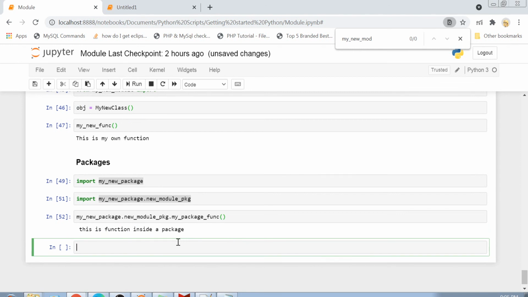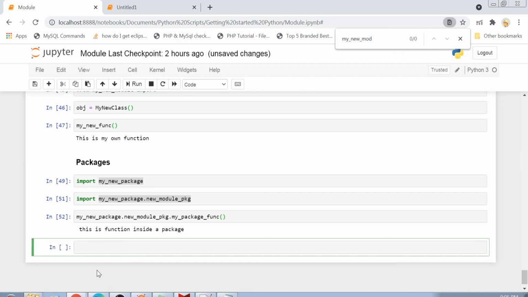Now you will realize the importance of using aliases and the importance of using the from keyword, because this whole thing is pretty long. If I want to shorten it up, I should simply import the particular function from these packages and modules.